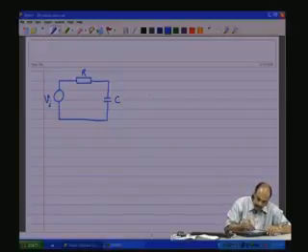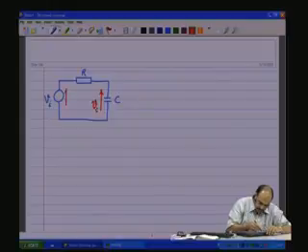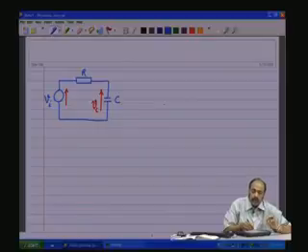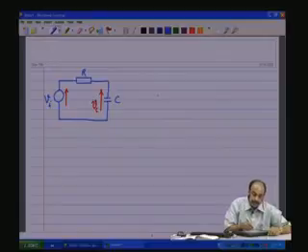And this circuit has a state variable which is Vc, and it has only one energy storing element, that is the capacitance, and therefore only one state variable Vc, and therefore only one differential equation describing the circuit, and that is